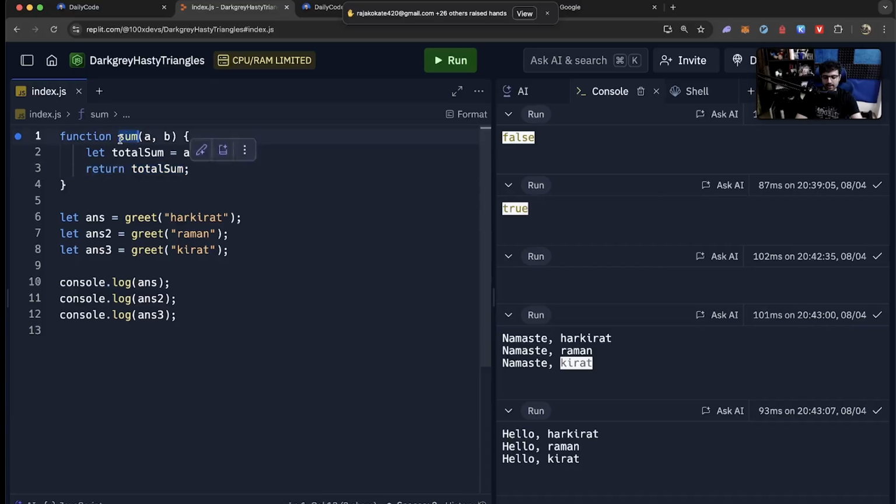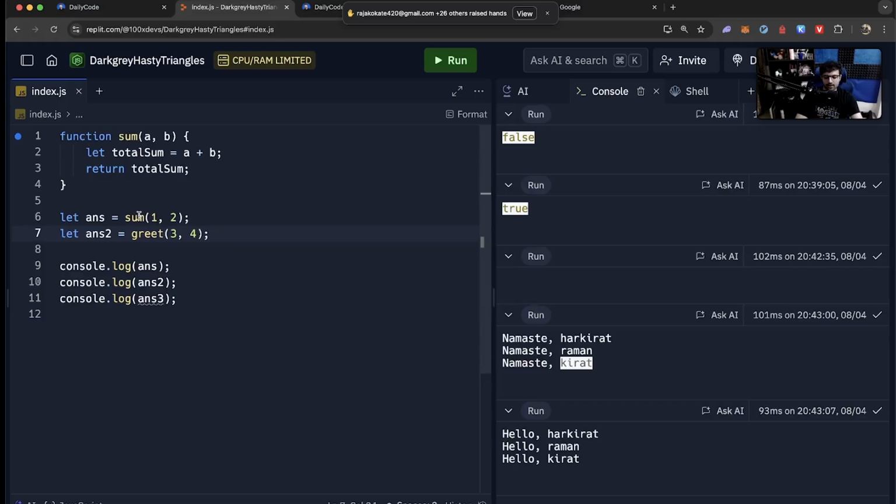I repeat, if I ever call sum with, let's say 1, 2 or 3, 4, first time she receives 1 and 2, she finds the sum of 1 plus 2, that is equal to 3. She returns 3, it gets logged over here. And similarly, when I call sum of 3, 4 over here, she gets A and B, sums the value, returns it.